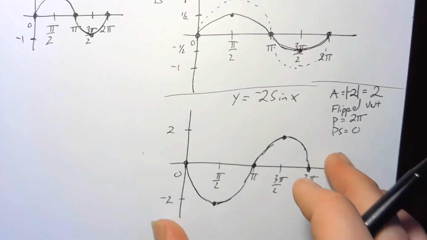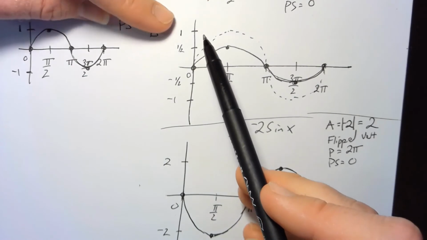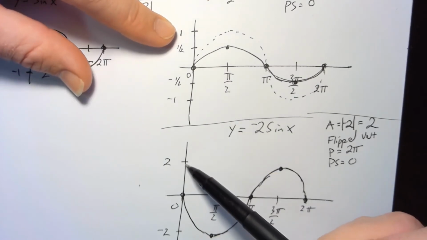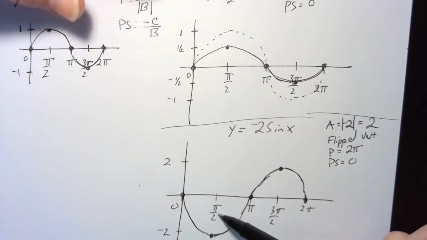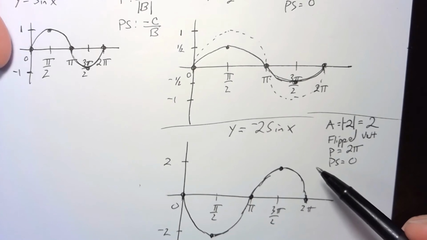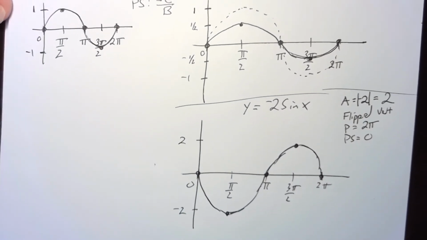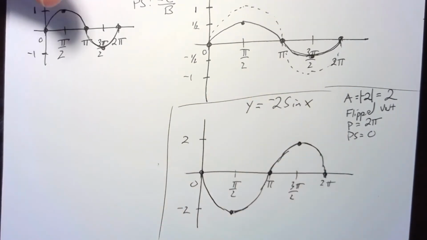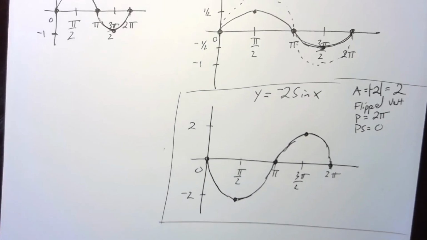Notice if somebody else were to look at this and somebody else were to look at this that weren't taught this information, they would have to recognize that these values are different. That's the only thing that's changed between the image of this graph and the fact that it's flipped upside down. So that's the important part of these graphs. You're more or less drawing the same sine function over and over and over again. The only change that's going to happen is whether or not the graph is going to have different marked values